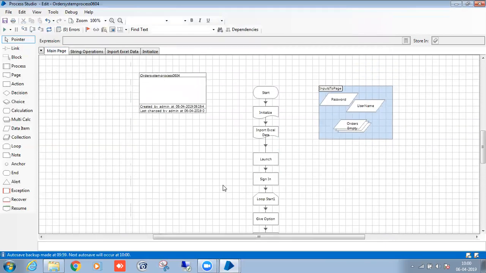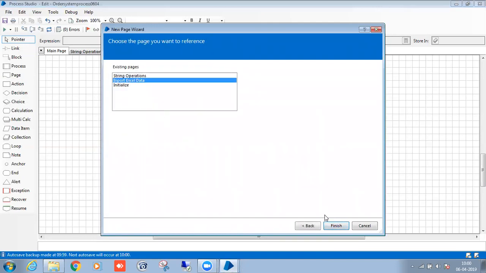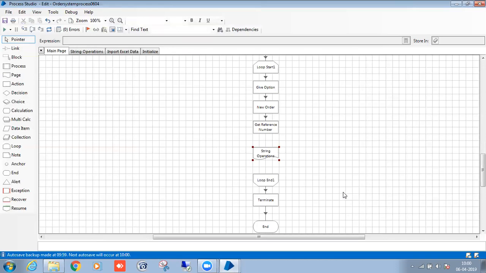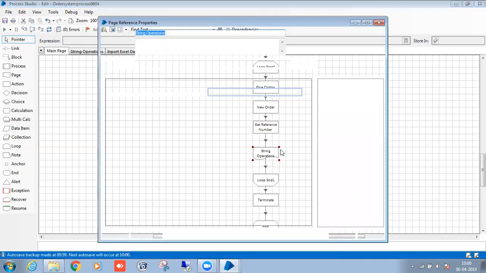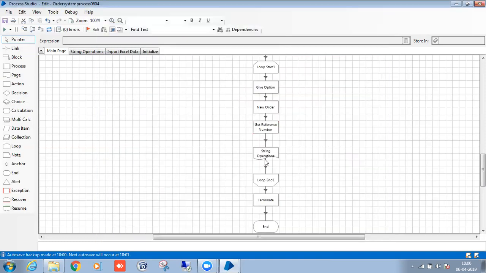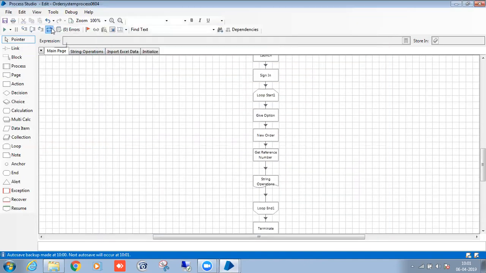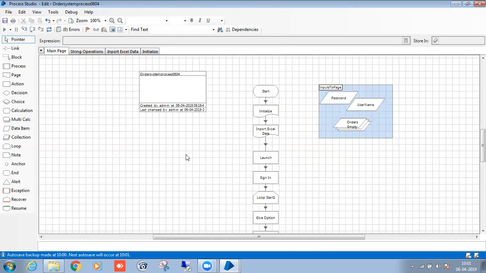Done. Every time after taking the data, I need to call that particular subject. So I need to pass the input. Collection dot fill. Right, so refresh, reset, and go.